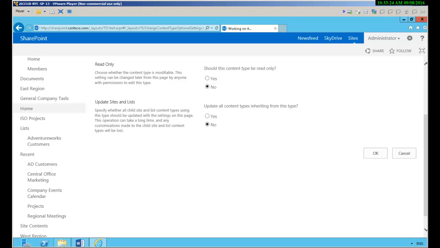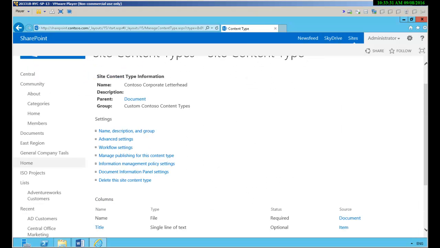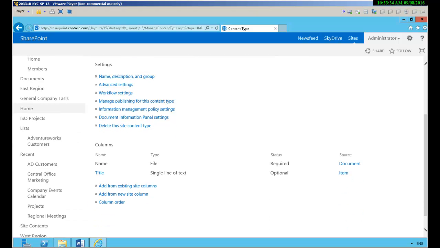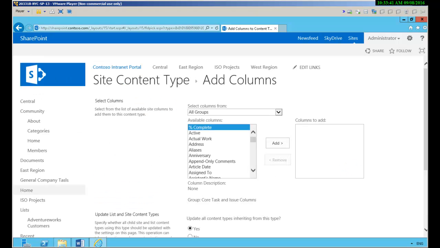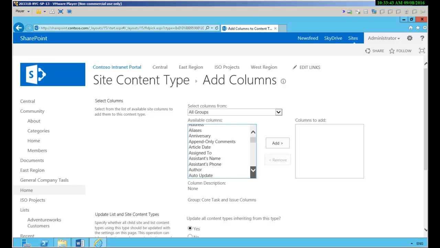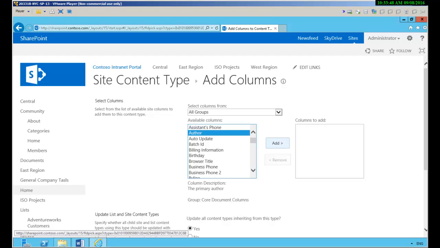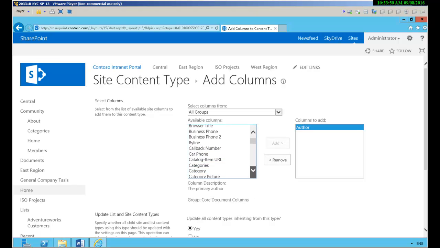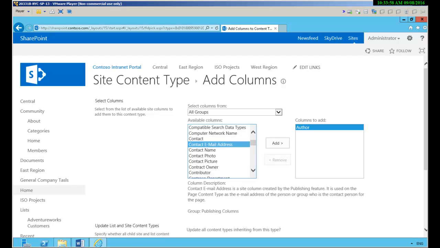Now when they use this particular content type, do you want metadata columns to always be added? If you do, these are the columns that will be added. I'm actually going to add from site columns for this content type. And I want here author. And I also want the email address. So if I have a question about the template,